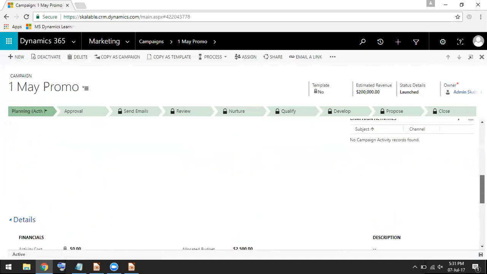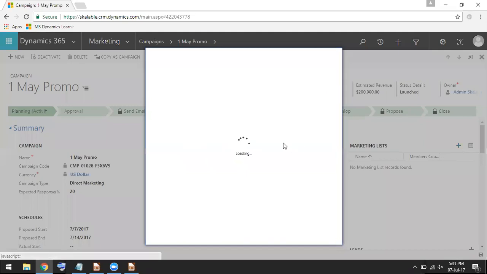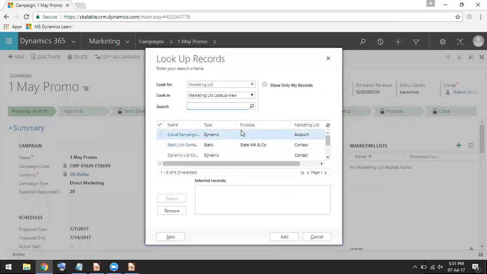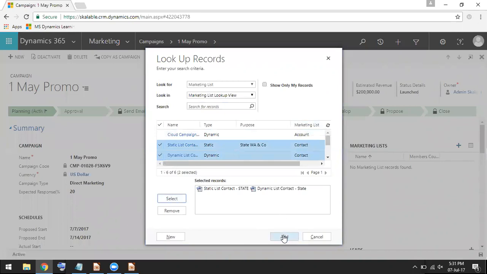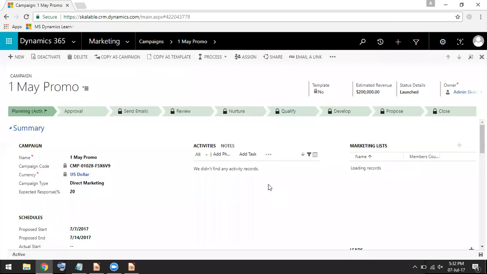Before creating a campaign activity, you can first add the marketing list for this campaign. So I'm going to choose the marketing list, to add to this campaign only or to all undistributed campaign activities. So I am using this undistributed campaign activities.